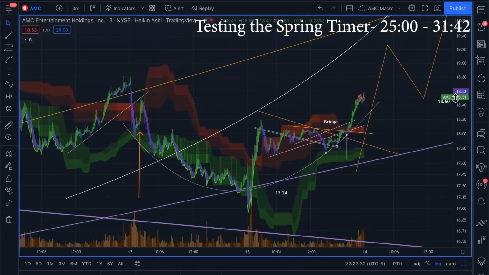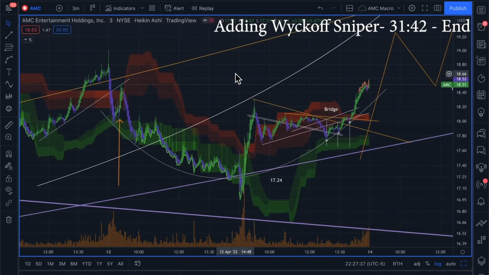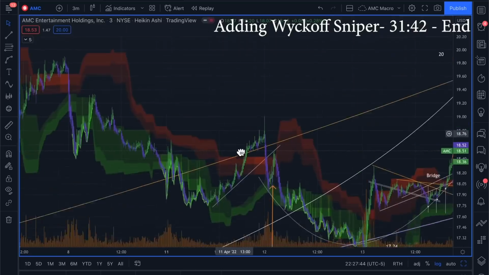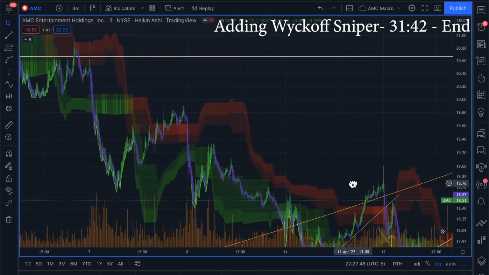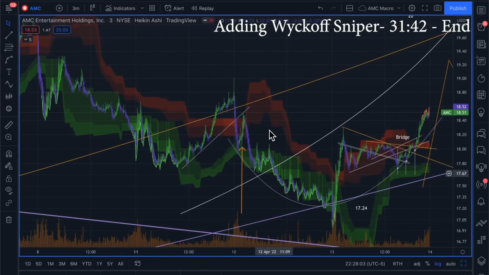And I popped on Astro's Wyckoff sniper and found that basically when the bands contract, this is supposed to help you identify springs. And when the bands contract, you tend to get big motions out of a range. So if you start a range and they start contracting, you get big motions out of a range. That's when there's no more liquidity to be explored, right? So the bands will contract and then you move on to the next range.